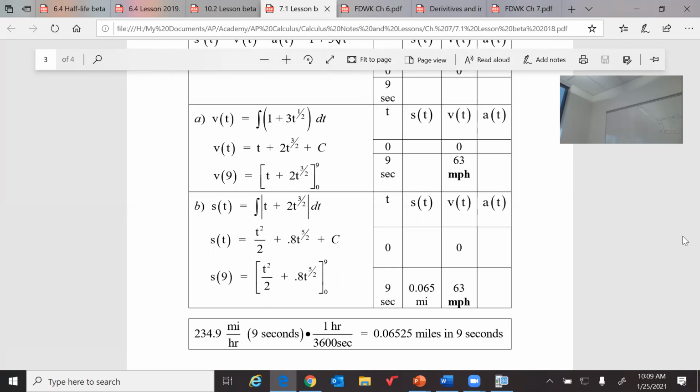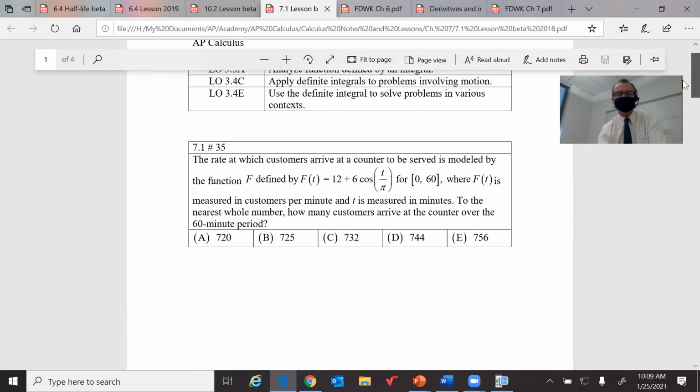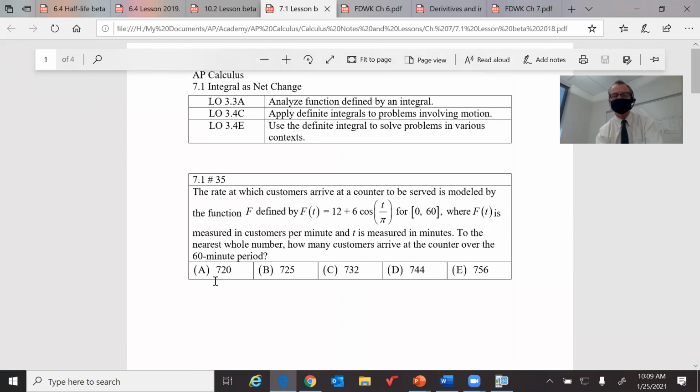7-1 beta. Because we went over the problem at the beginning. We went over this question, I think, last week, with just a calculator question, where we anti-differentiate that. Just type f of t in y1, and you math 9 it from 0 to 60. Okay? So if you're at home, you are